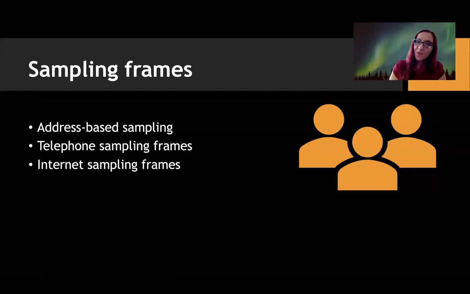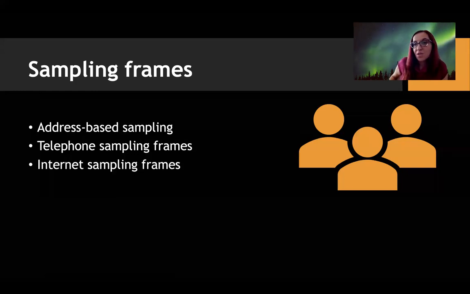And all of these frames could be challenging in a way, because if you look at internet sampling methods, it could perhaps be easy to make a sample based on younger generations, but then there are people who are excluded, who are not that avid internet users. So how are you gonna sample them?